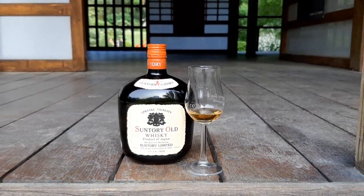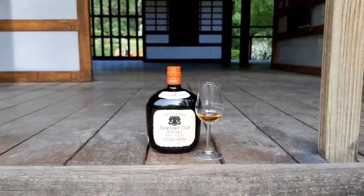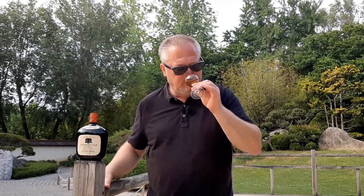On the nose, this is very accessible, very sweet, a bit cloying in fact. But it's got this nice hint of peat, which makes me believe, although I do not know for certain, I do believe there's quite a bit of Hakushu in there. But this is very accessible, everyman's friend, so to speak, a card player's whiskey on the nose. I get all the beautiful notes from bourbon casks and sherry casks. Quite accessible, sweet, broad,